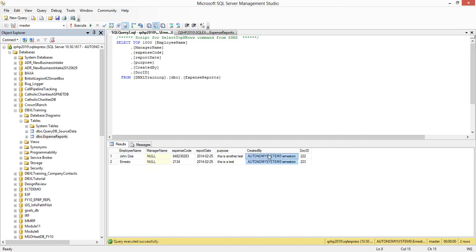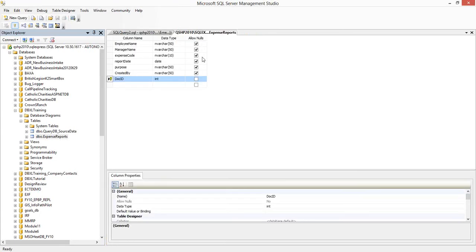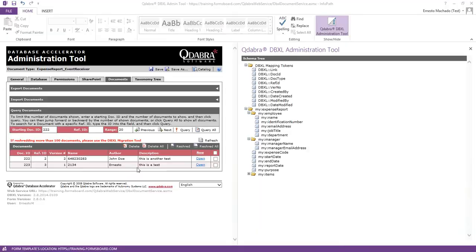So you see it has the created by alias. Even though I typed in another employee name here, DBXL is still detecting me there. So that's a pretty straightforward database mapping that can be expanded to include more SQL columns, more fields if you needed to. All you would need to do is to make sure that you have additional columns added to your table design, and then you can